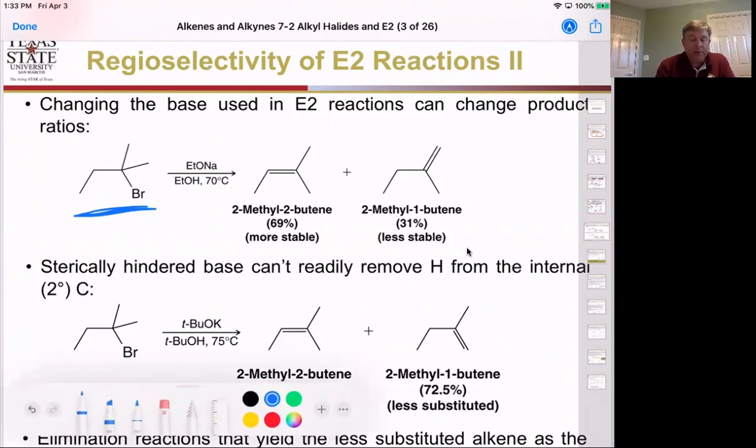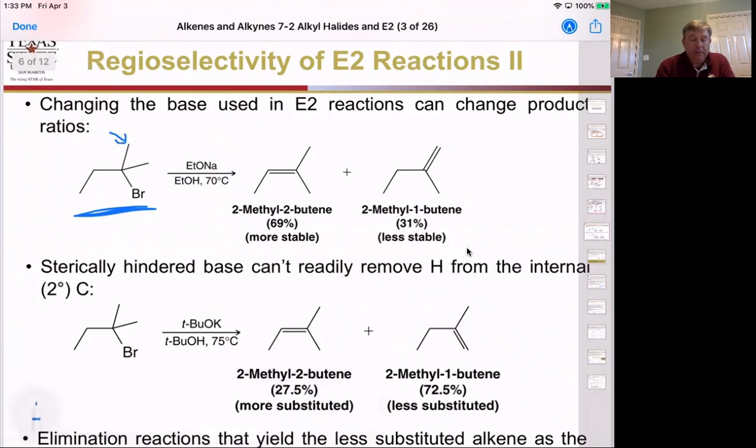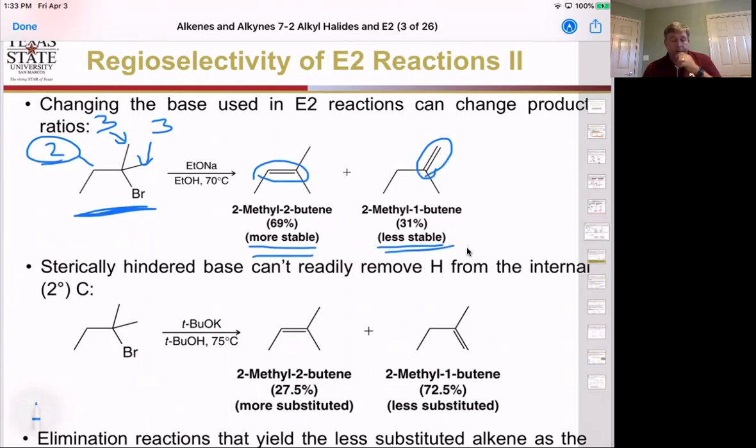So what we can do is we have the choice of pulling it off this beta carbon, which has 3 hydrogens on it, or this beta carbon, which has 2 hydrogens on it. Okay, so that means that, by Zaitsev's rule, it's going to take the one with 2 hydrogens versus 3 hydrogens, giving us our more substituted alkene as the major product and our less substituted alkene as our minor product. Okay, so